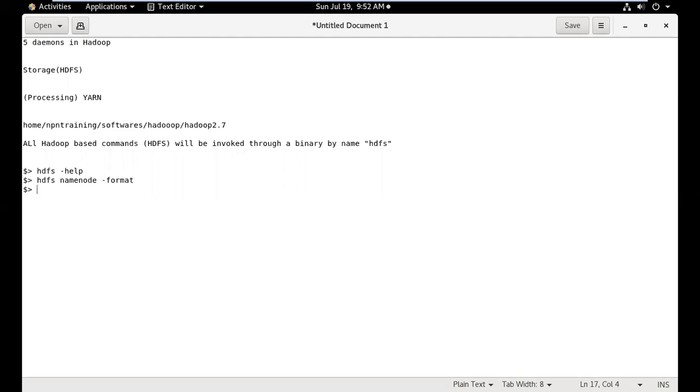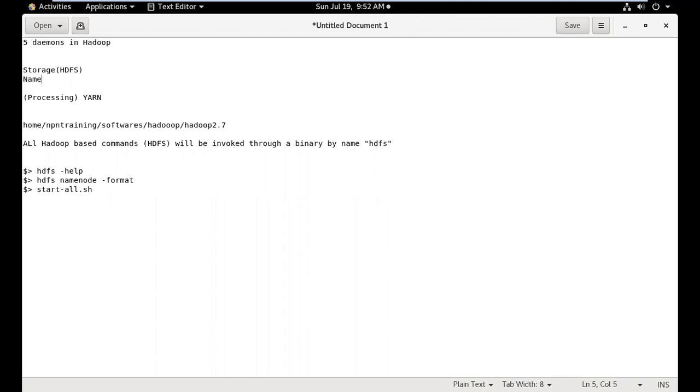Now you can start the services related to storage and processing, both these commands in one single script, but it is deprecated. You can simply execute start-all.sh. When you do this, what happens? It starts the services related to storage.